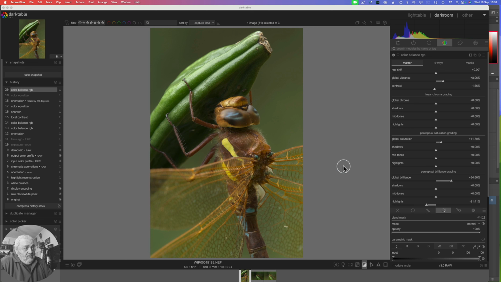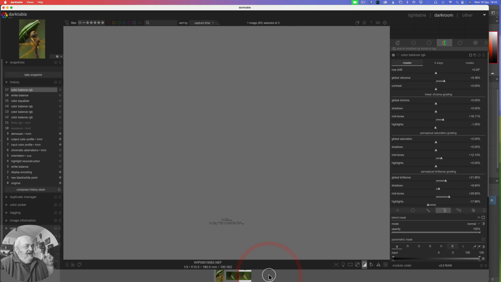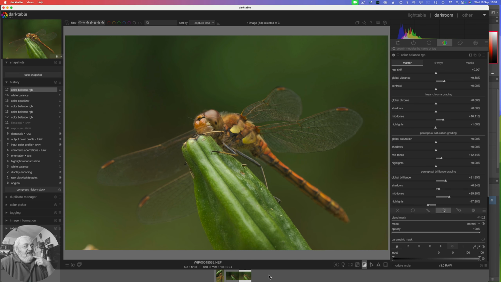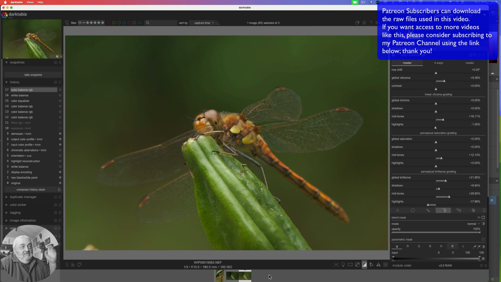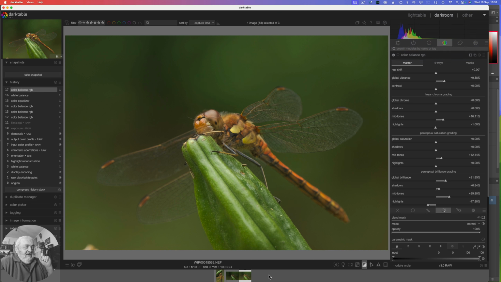So here we go. Right, so what we're going to be doing is this image and this image here, and the processing is really simple. Just like I said, it's one module. But it basically stems from a conversation I was having with a couple of my Patreon members the other day about